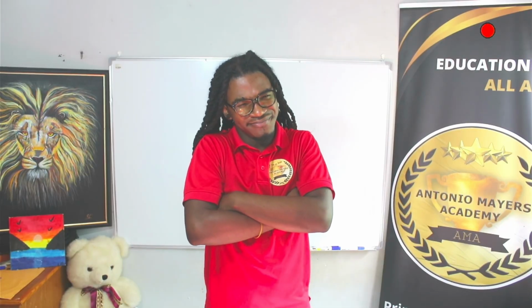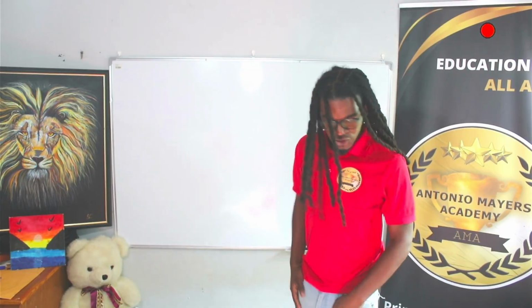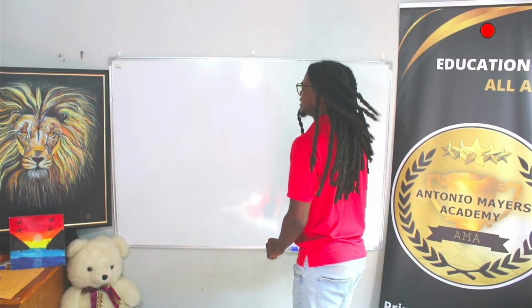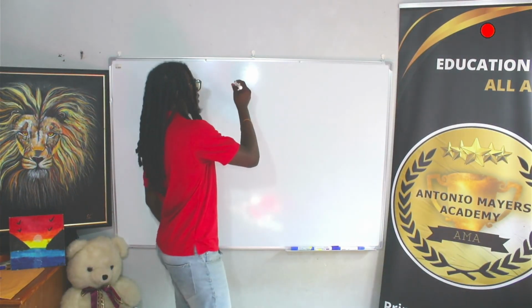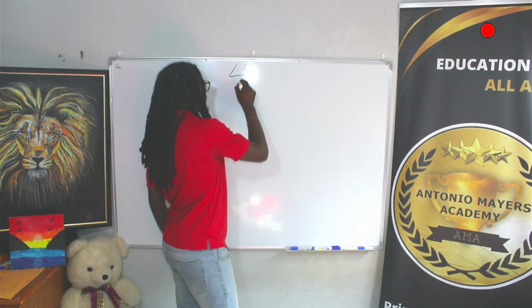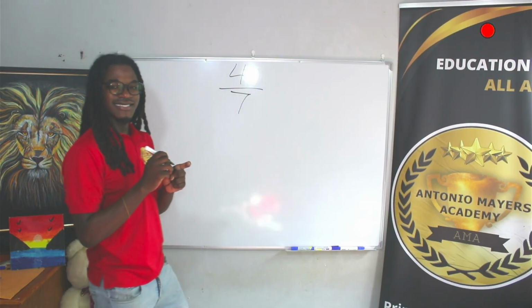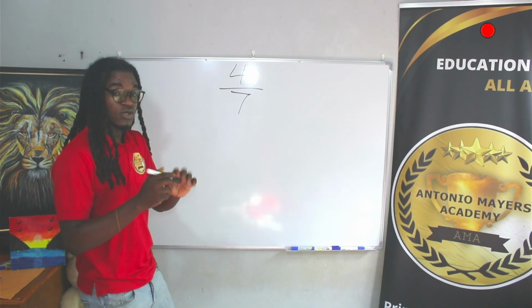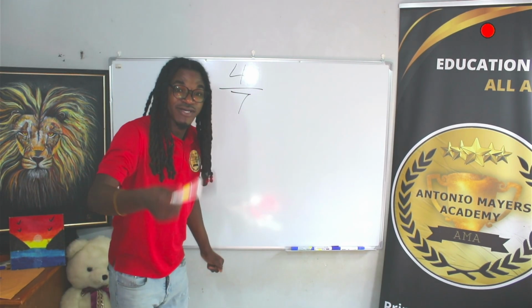So first of all, do you know what's a denominator? Well, if you don't know, I'm going to tell you now. So the denominator when we're doing fractions is the number below. So let's look at a fraction here, right? Let's say the fraction is 4 over 7. In this case here, the denominator will be the 7 and the numerator will be the